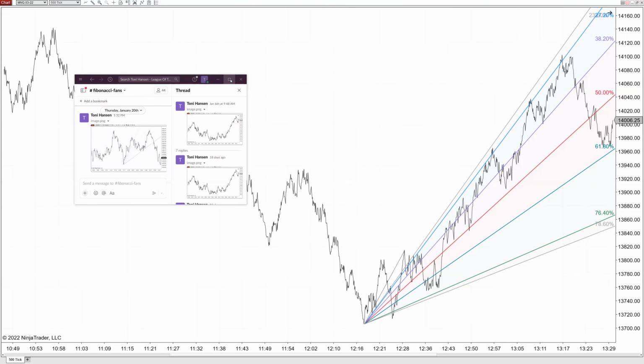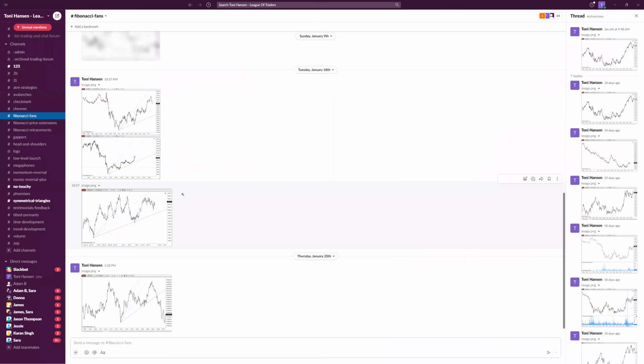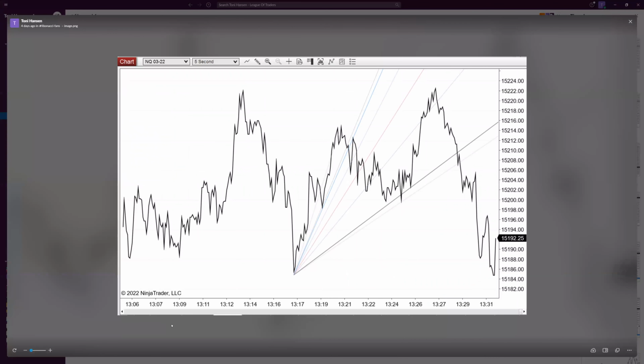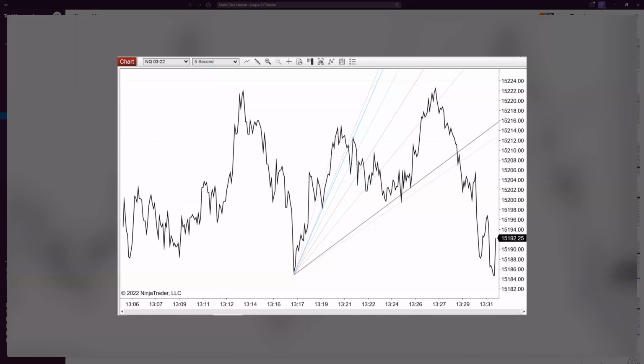So I have a Slack channel where I keep a lot of the setups and strategies that I'm studying. You'll find that by going back and studying things like these Fibonacci fans, you're going to find trades that work over time, making adjustments so that you have not only your core set of rules for a very basic Fib fan application, for example, low to the high here, giving us the support levels, but also you can develop rules for variations of how the momentum is playing out and how different trends are forming,